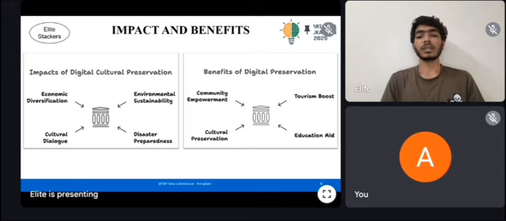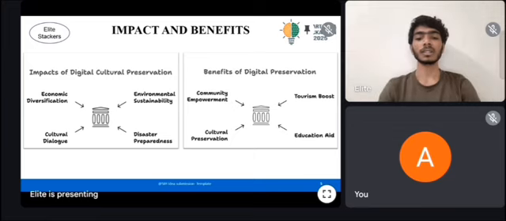Third, disaster protection. In case of natural disasters, war or accident, digital artifacts protect cultural data that we would otherwise lose. Digitalization lets us share our heritage worldwide, creating respect, understanding, and global cultural exchange.